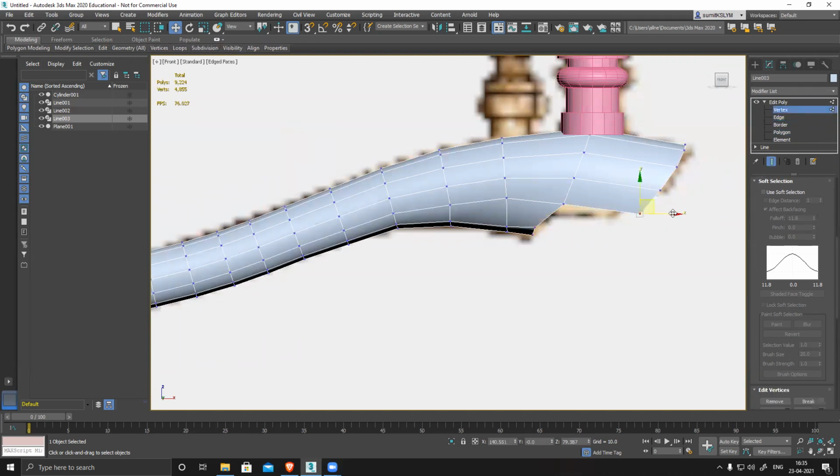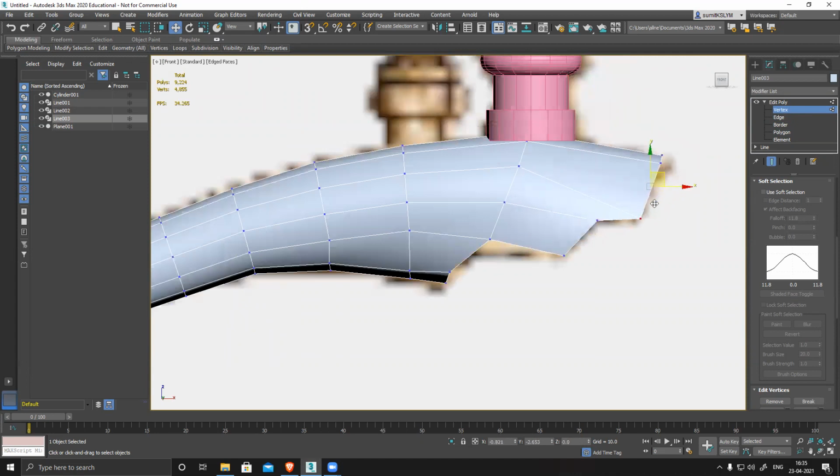I'll use vertex, shape, perfectly aligned.